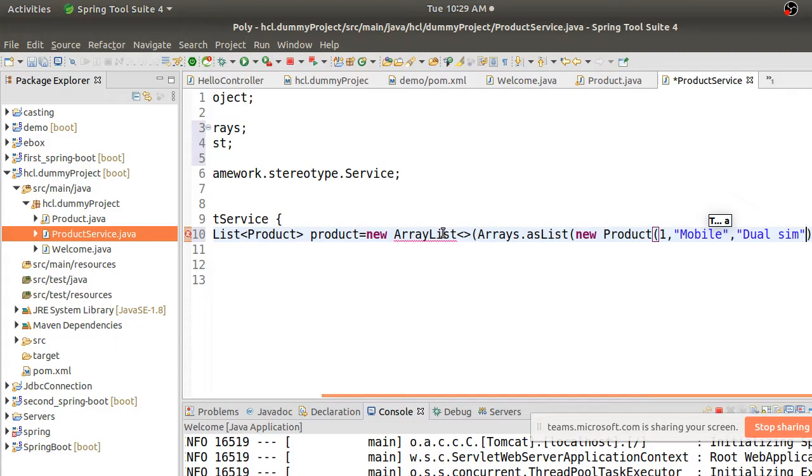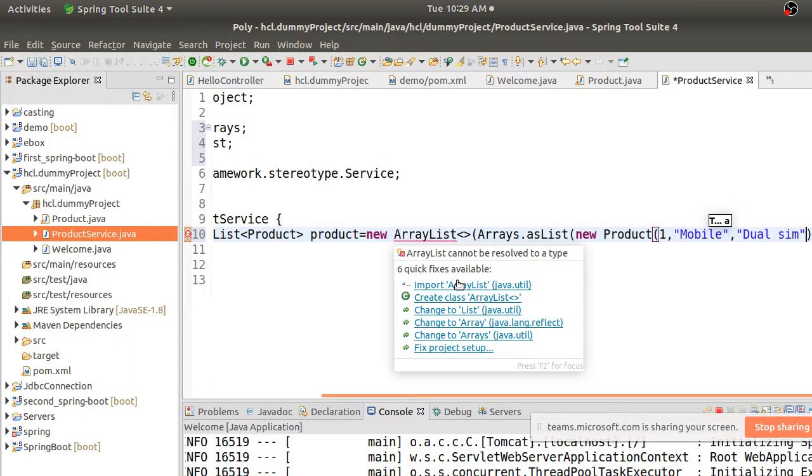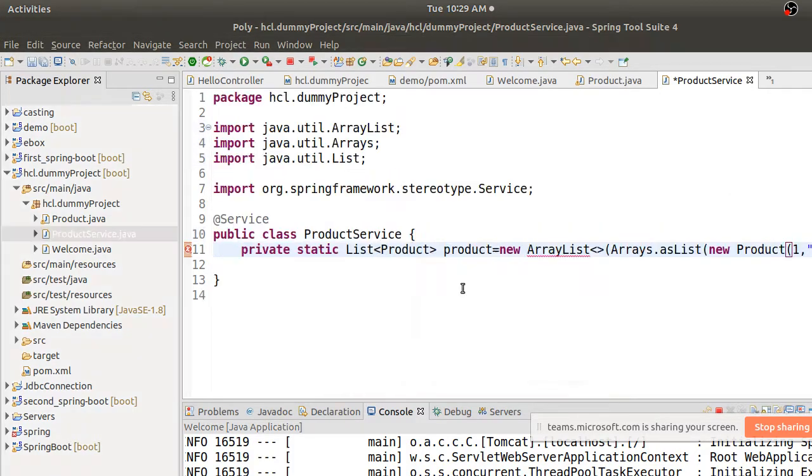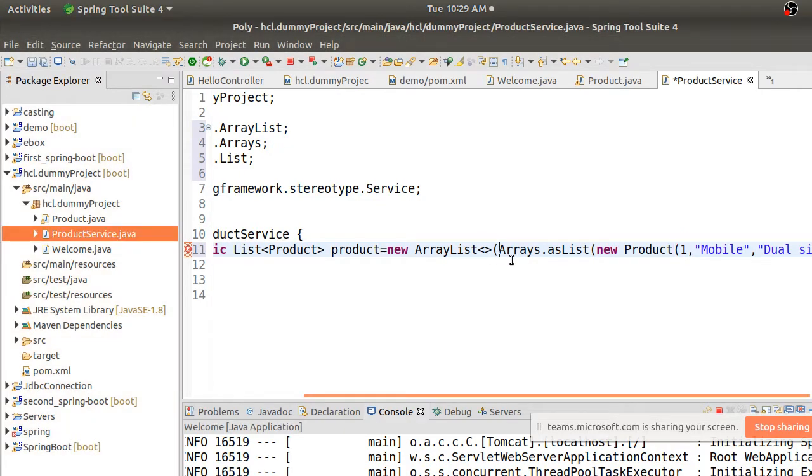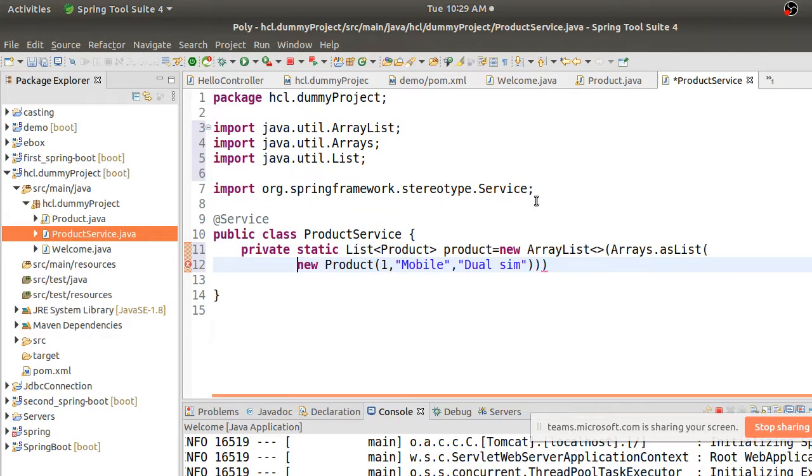So ArrayList also should be imported. I think one bracket is extra here.